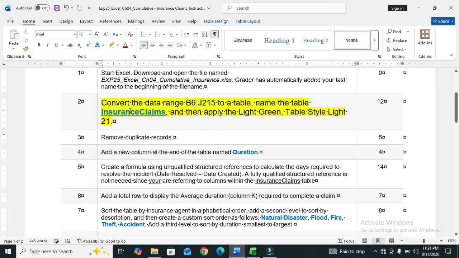Step number 2 is convert the data range B6:J215 to a table. Name the table InsuranceClaims and then apply the light green table style Light 21. So first we will convert the data range to a table.